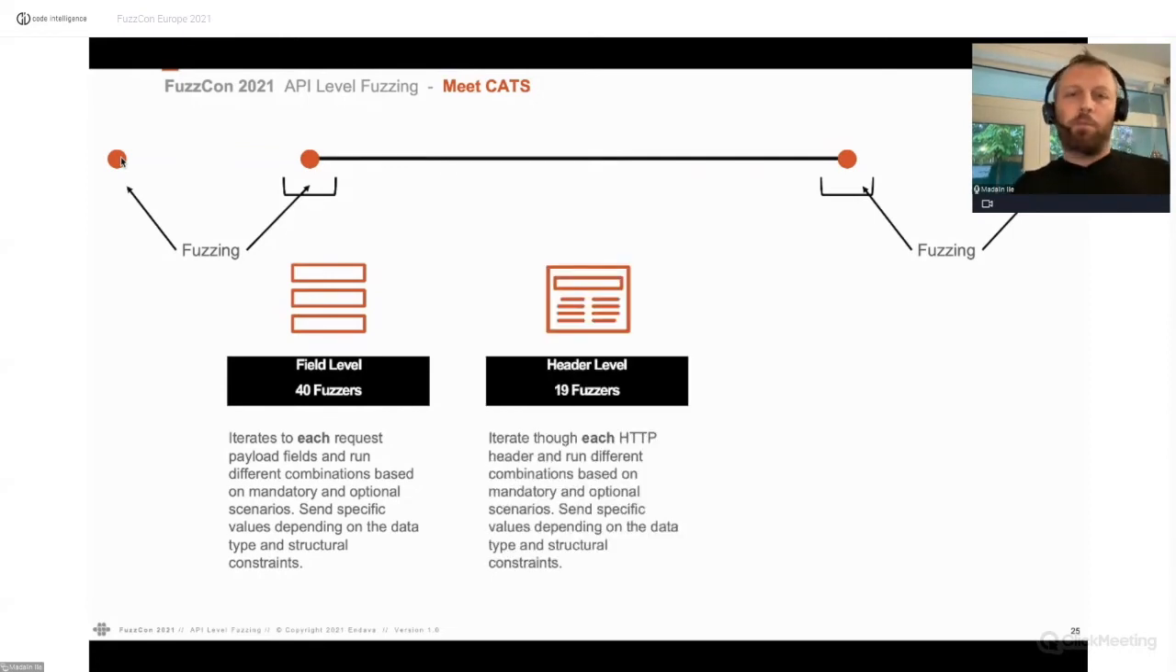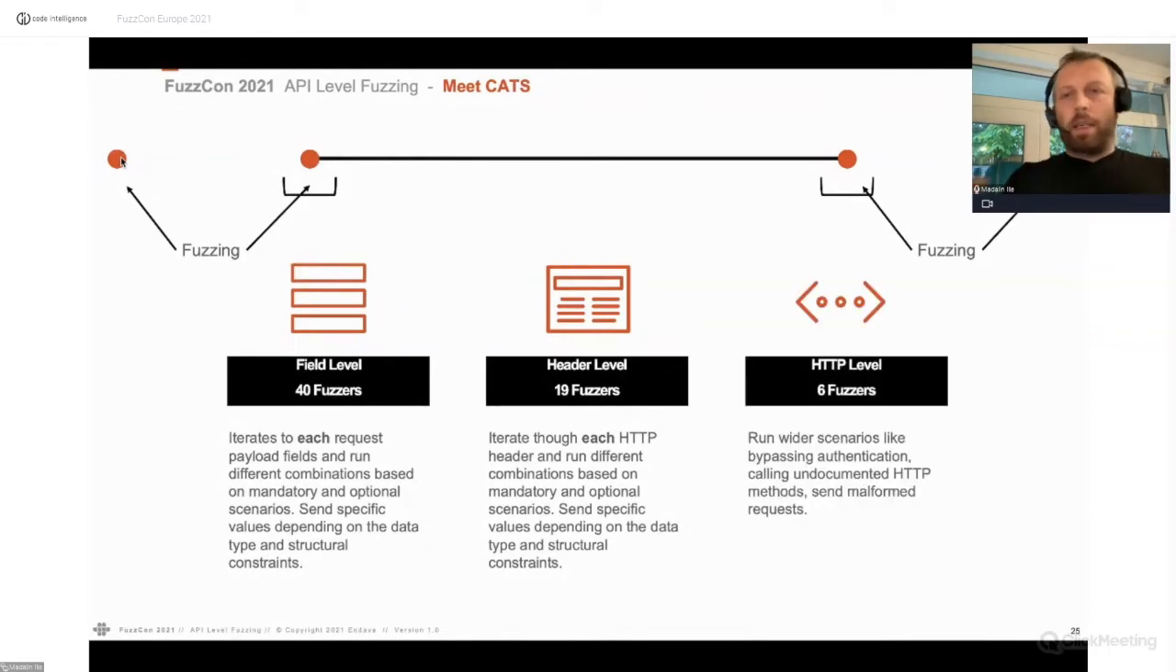There are also like 19 header level fuzzers. So it's basically doing the same thing as for the fields, but it applies that to the HTTP header side. And there is another category, which is called HTTP level fuzzers, which is mainly,